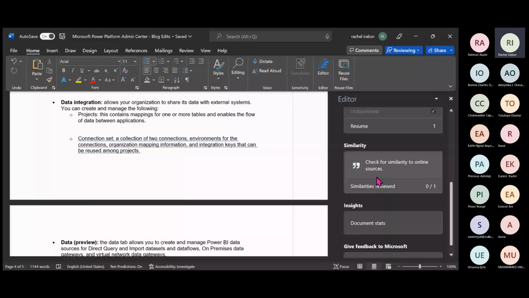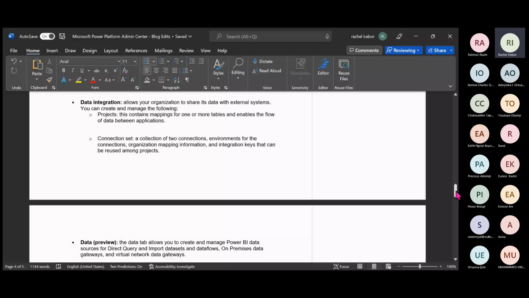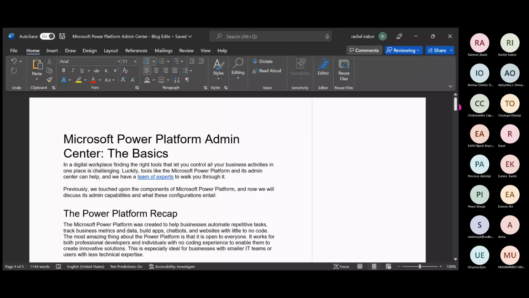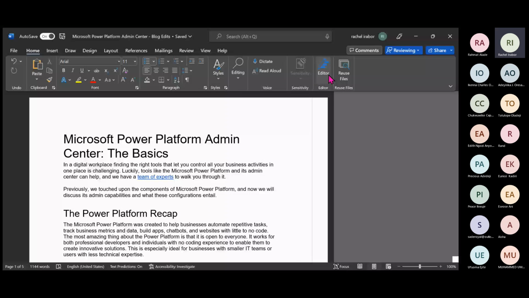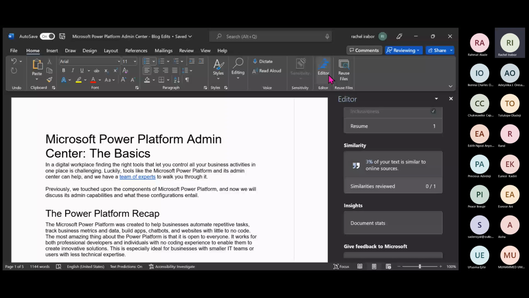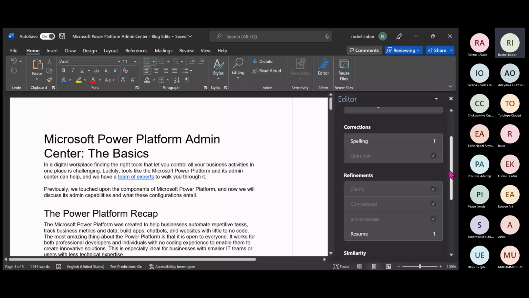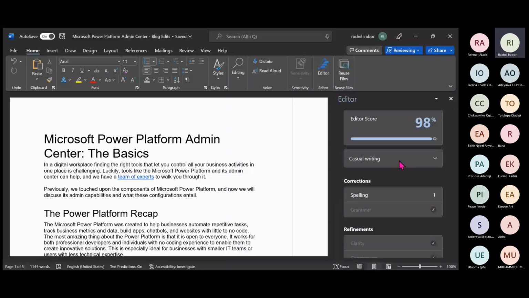Okay, so I was trying to show you how to use Microsoft Word to help correct your work. So, like, if you see this now, I can just easily click on Editor, and it will show me which of them I have. I can just change what type of writing I am going for. Am I going for a formal writing?